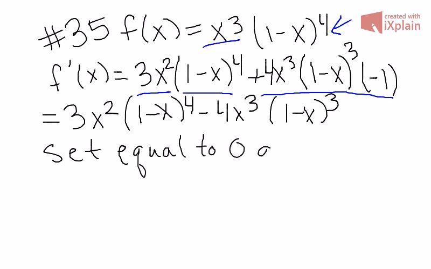So then we'll want to go ahead and set that equal to 0, and just do what we've been doing all along here. Set equal to 0 and solve, and that'll give us our critical points, and then we can go ahead and see if they're a maximum or minimum by seeing what the slope is doing on values on either side of those critical points. Alright,